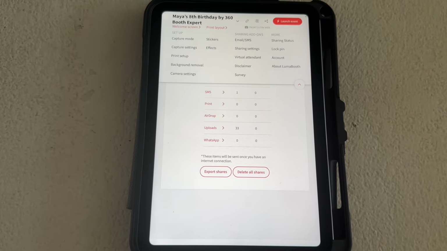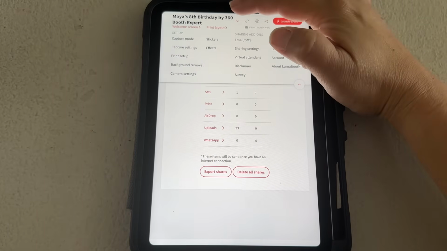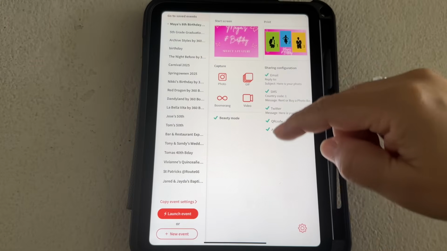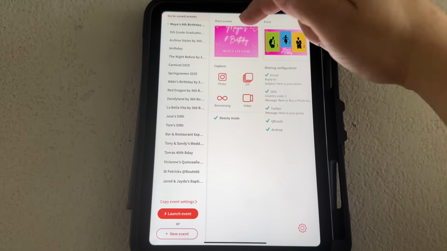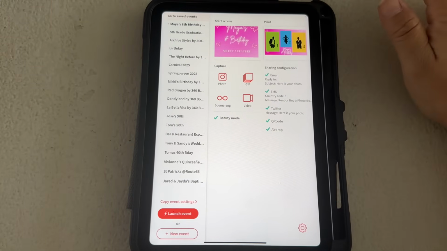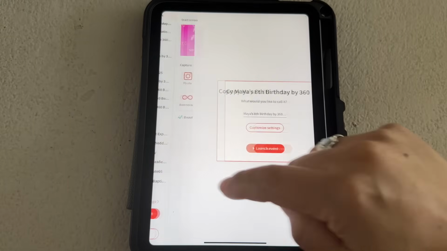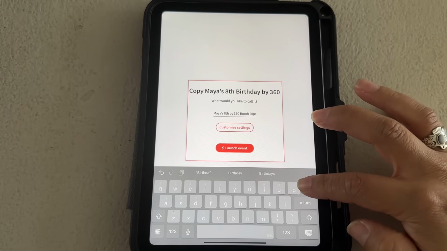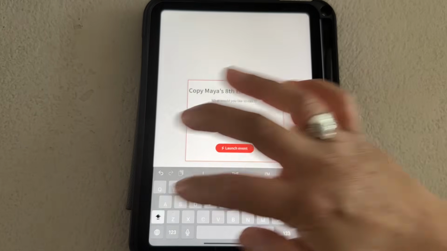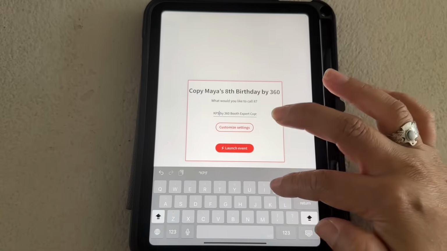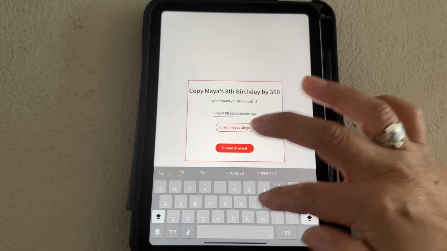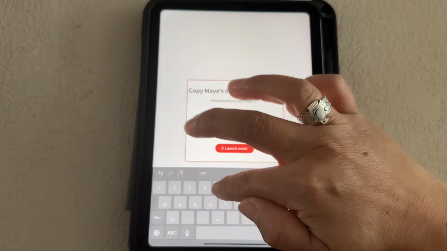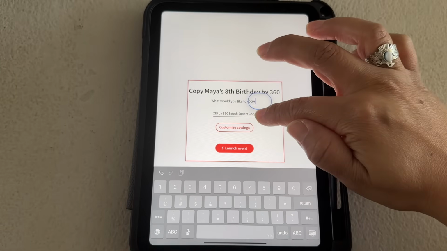Now what I'm going to do is, I have my list of events, right? I'm going to select my last one because I always duplicate. I use the same settings, so you guys should be doing the same. Copy settings, and right here, I'm just going to label the name of the event. And then, whoops, gotta put the date. I always put by my company,